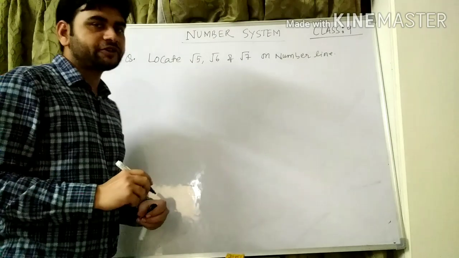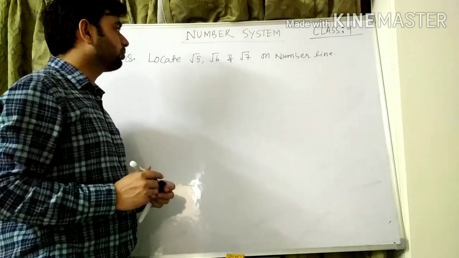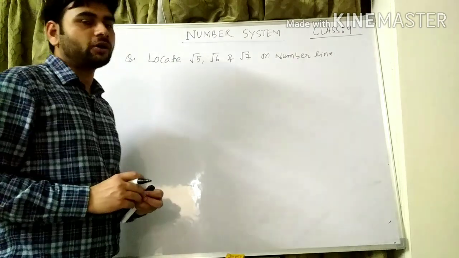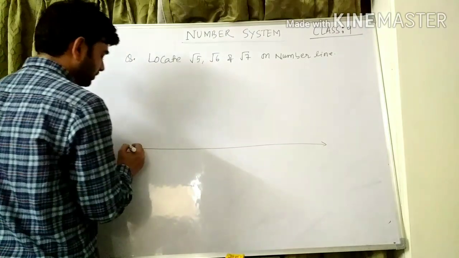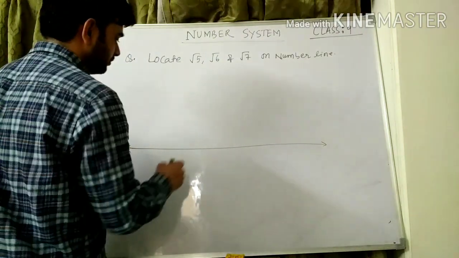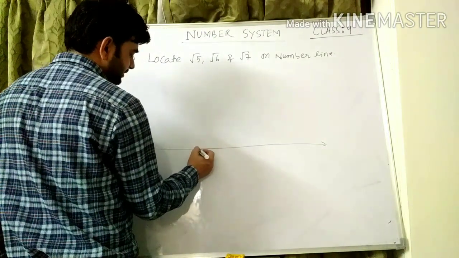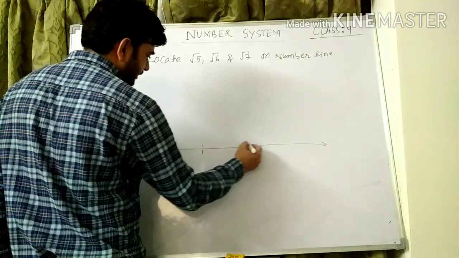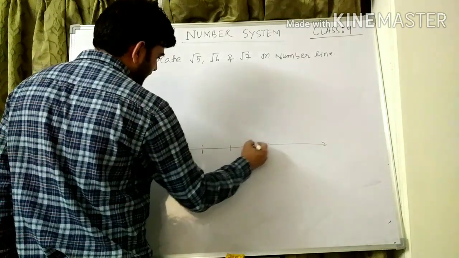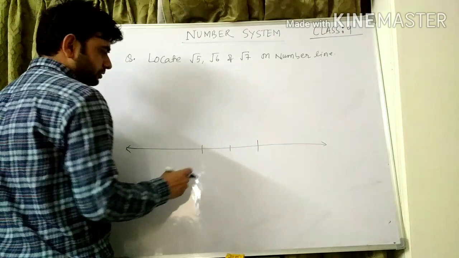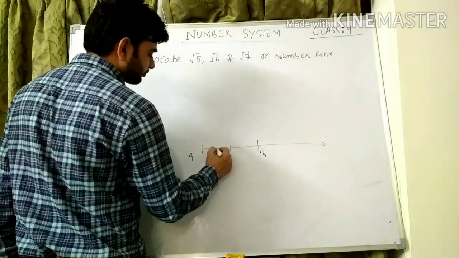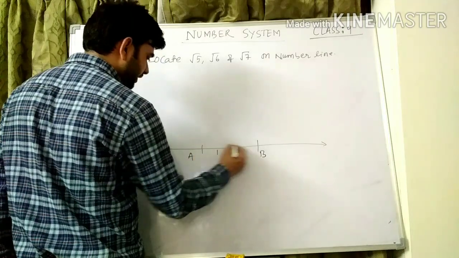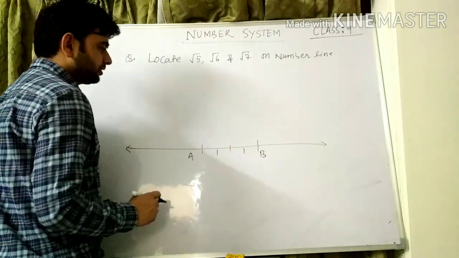So students, let's solve this question. Locate root 5, root 6 and root 7 on number line. In the same way, I have drawn a straight line, and this is the number line. Here, first of all, I'll take 2 unit length, this is AB, 1 and 1. So 2 unit length I have taken, and